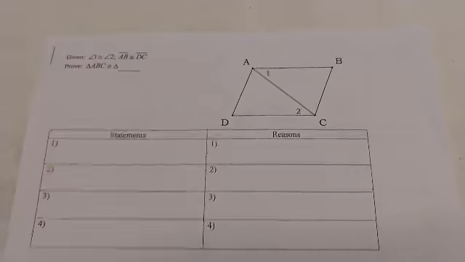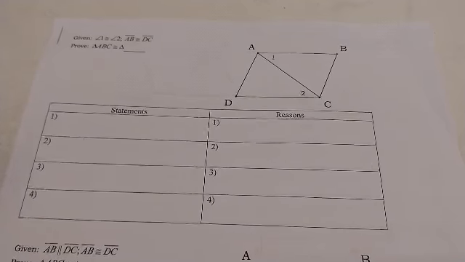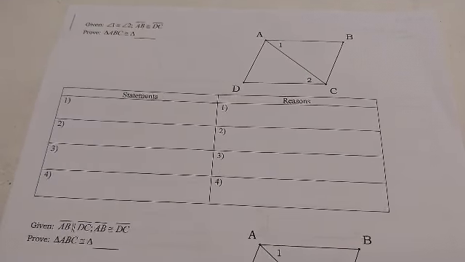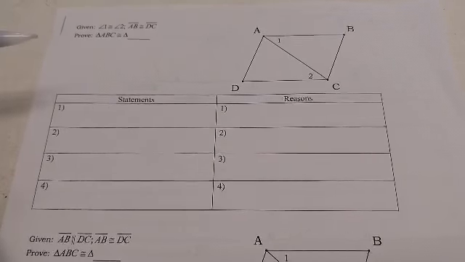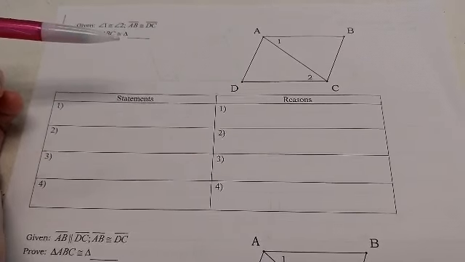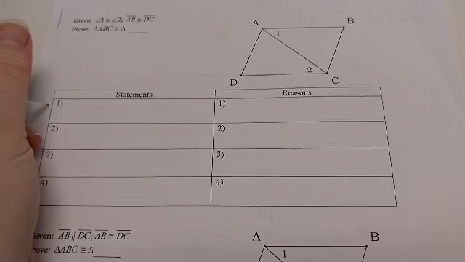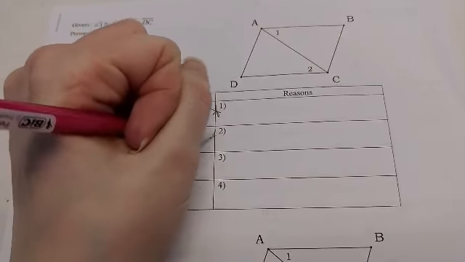Okay guys, so we're going to go over your assignment from today. So first thing it says is that we're given angle 1 is congruent to angle 2 and AB is congruent to DC. And then our goal is to prove that triangle ABC is congruent to triangle blank, and we'll have to figure out what that blank is. So first thing I'm going to do is go ahead and star my easy